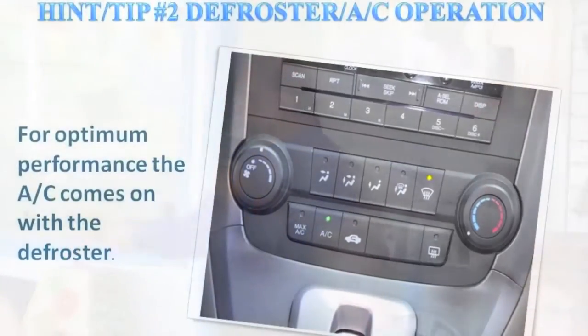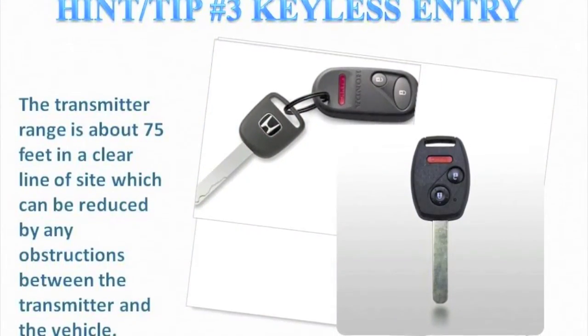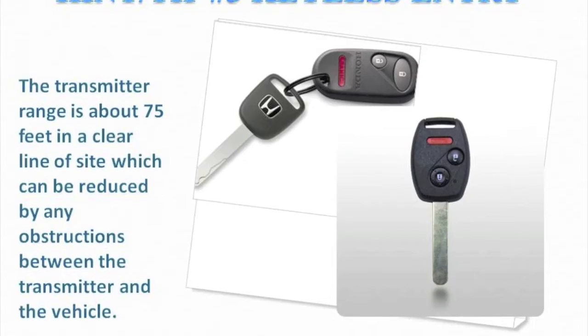Defrosters. You may or may not have noticed, but when you turn your defroster on, your AC light lights up. That's designed that way. Keyless entry systems. The range on our keyless entry systems is about 75 feet. However, that is in a clear line of sight. Anything in between you and the car when you're pointing the key at it is definitely going to change the